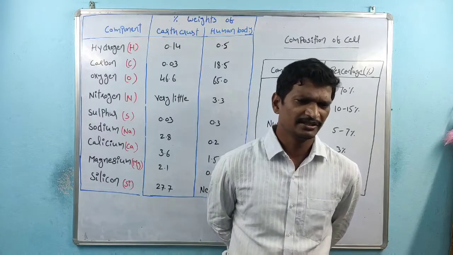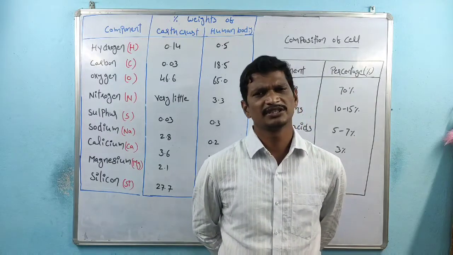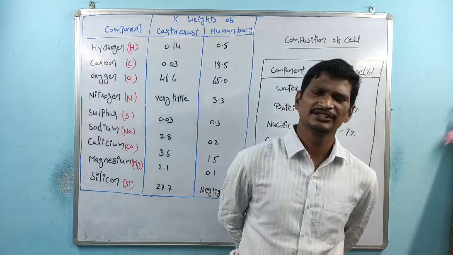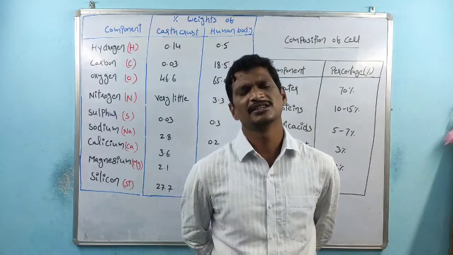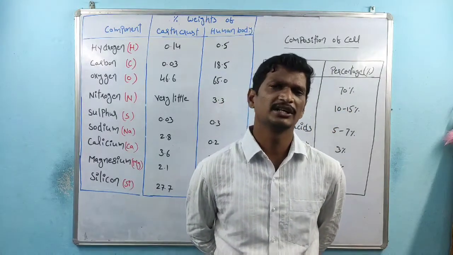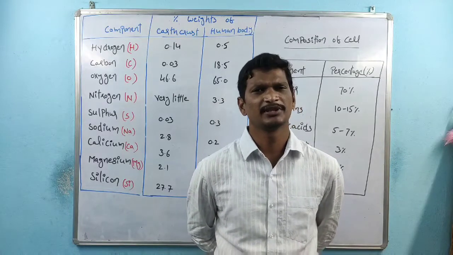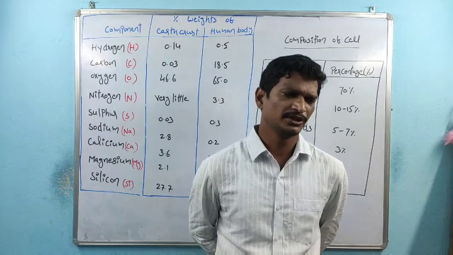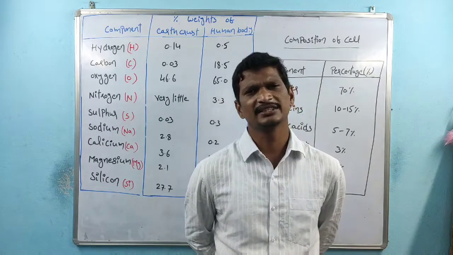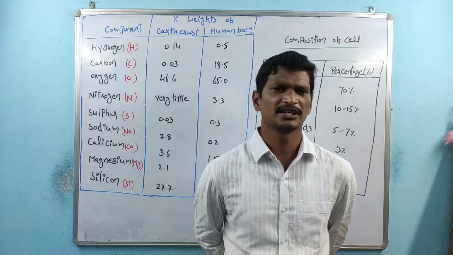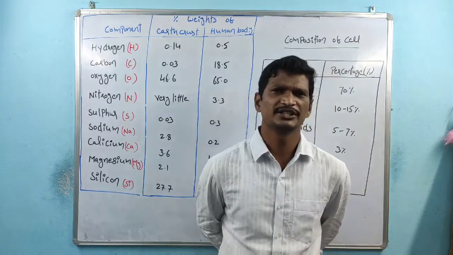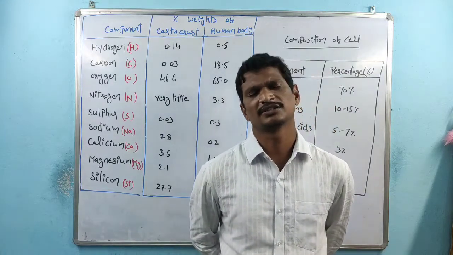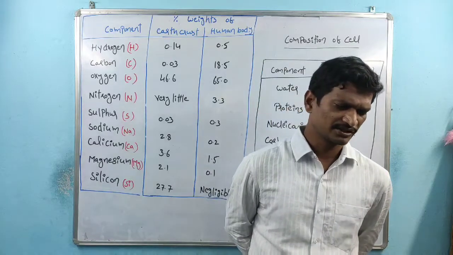The next method is the ash method. In that case we evaporate the carbon-containing components and the water at a high temperature, right? After that evaporation process we get the ash. Within that ash different types of minerals are present, right? Then we estimate the different types of minerals. So that is the summary of the last class.